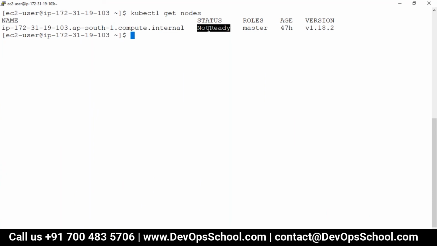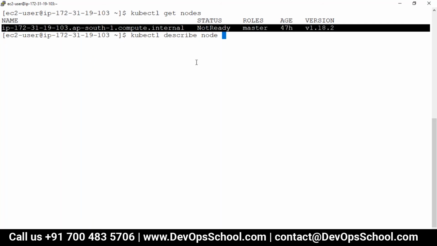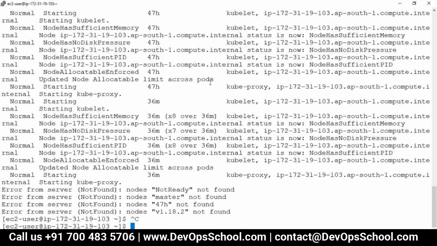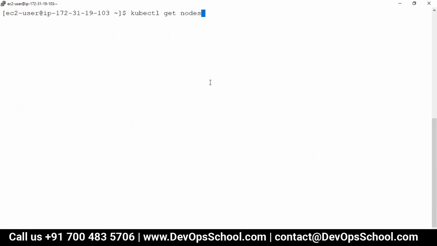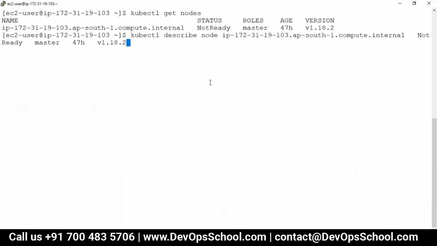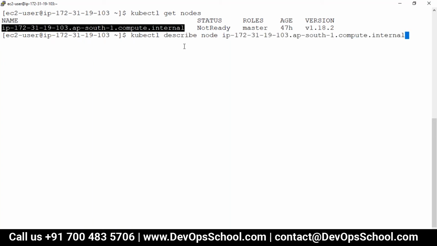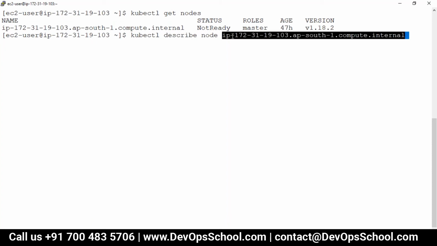So what I will do, I will use one of the commands to describe. How do you do that? kubectl describe. What do you want to describe? Node. kubectl describe node, and this is the node name.